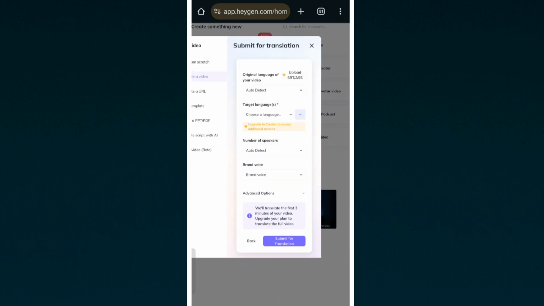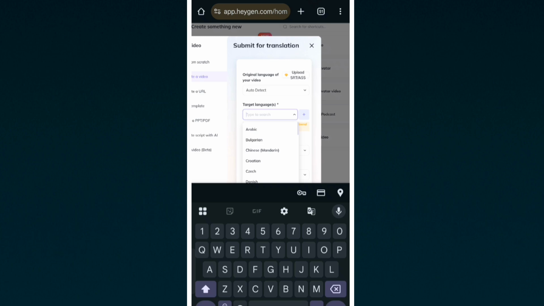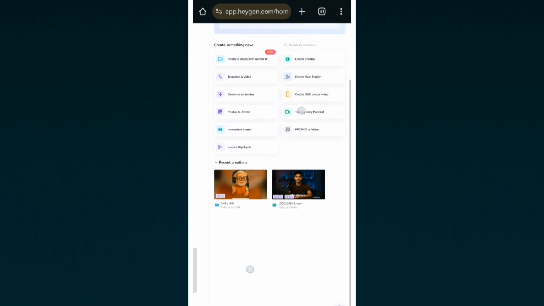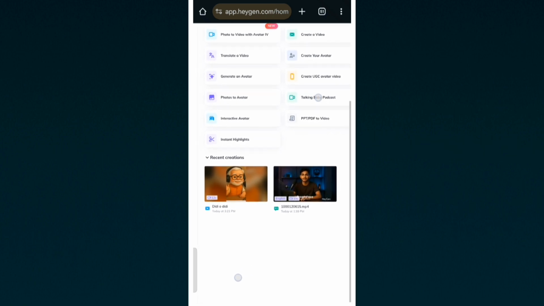Then you have to click on create new translate, and here you can select which language you are targeting. For example, I'll choose English. Alright, English, and your video